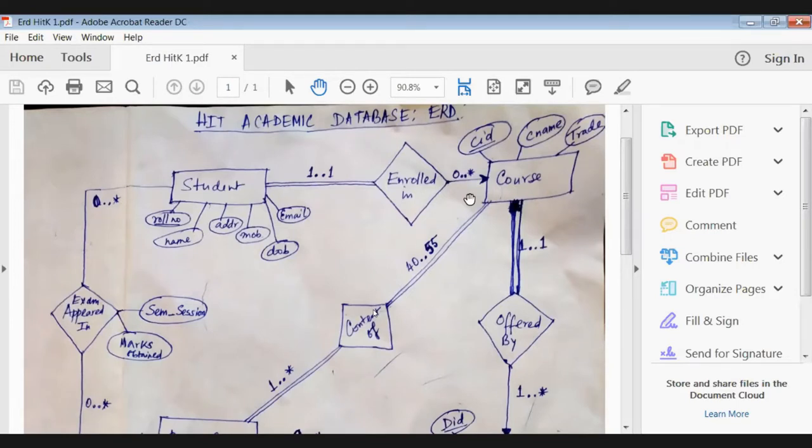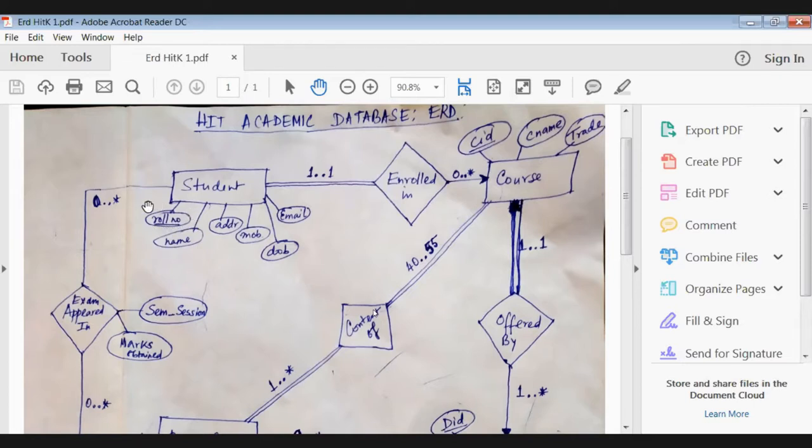Now see, let us start with student. No, instead of student, let me start with course. Course and student both. Student is one of the entity sets. Course is another entity set. Student has roll number, name, address, mobile number, date of birth, and email as the attributes.